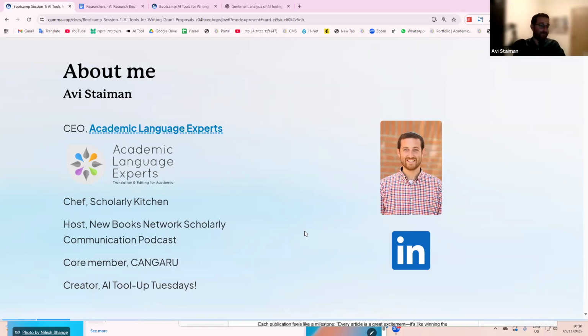Oh, last point that I'll say is that I'm a member of a consortium called Kangaroo, which is less exciting than the name makes it sound. I'd much rather be in Australia, but Kangaroo is actually an acronym. It's a consortium of people from universities, researchers, funders, and publishers who come together to try and make responsible policy around the use of AI in research, which is a very challenging and multifaceted issue. So I contribute to that as well.